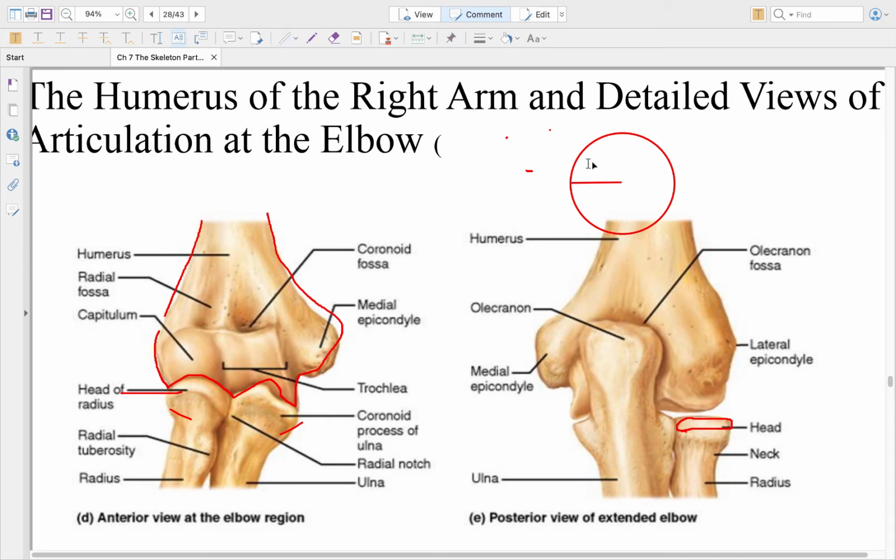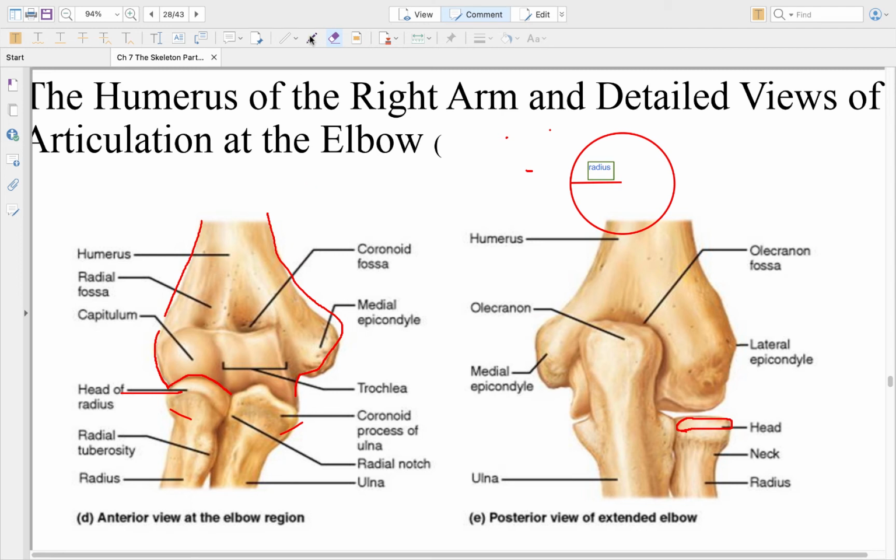Radius is half of a circle in math, right? So that's how you identify the radius. It has this perfect circle. Of course, that's the head, the neck, and right next to it, which also helps make up your forearm, is